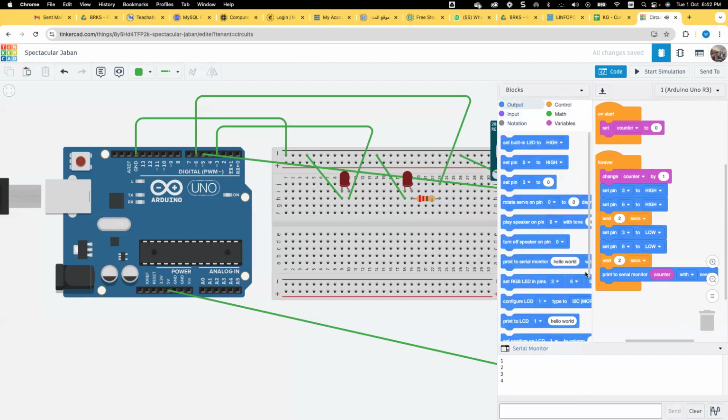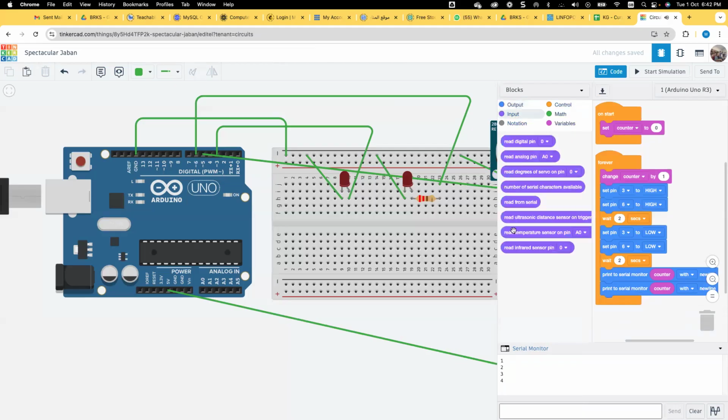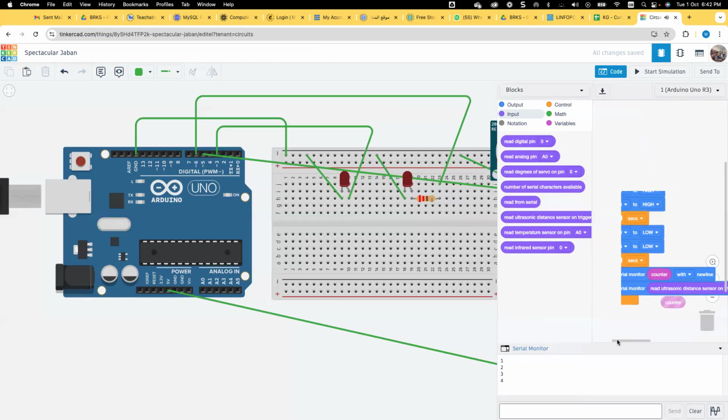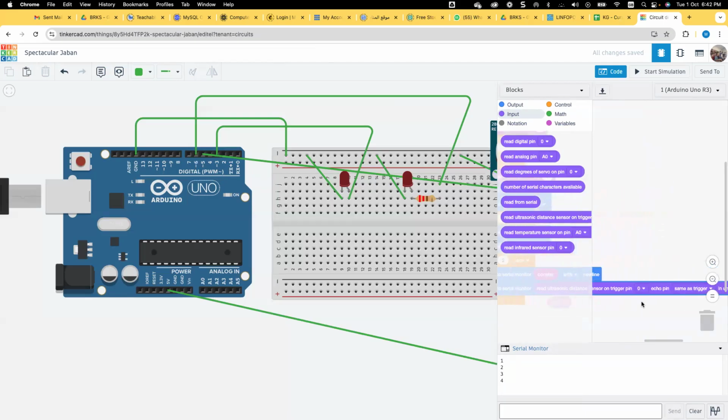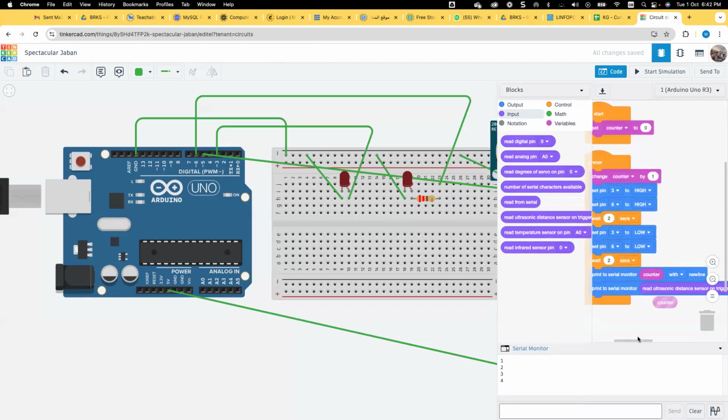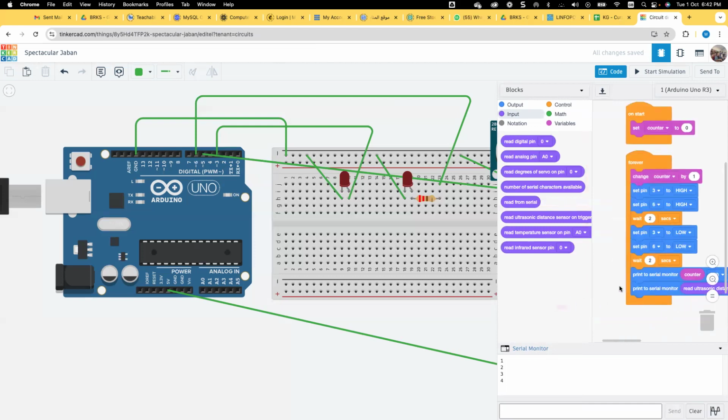Let me duplicate this one, and in the input I will take read ultrasonic sensor. The trigger pin is 5, and the echo pin is the same as the trigger, in unit centimeter. So I added here a print to read the distance measured by the ultrasonic sensor.